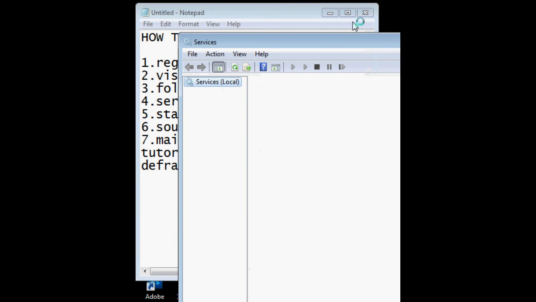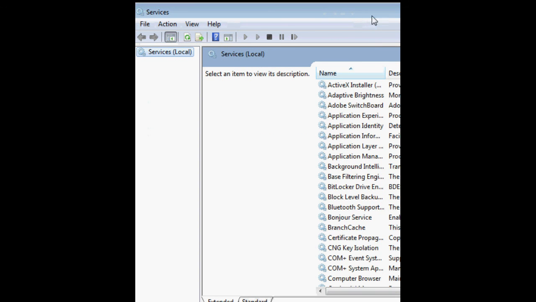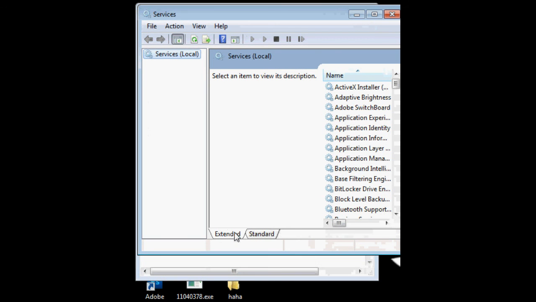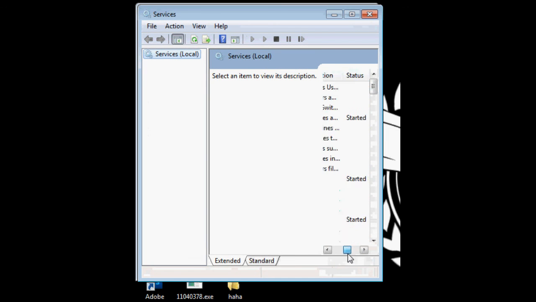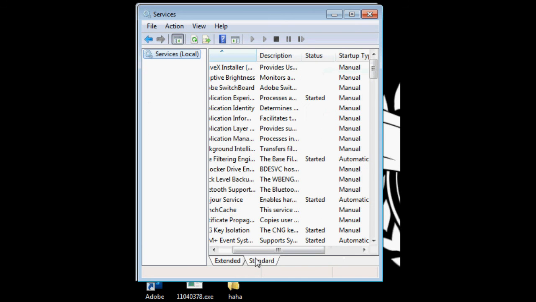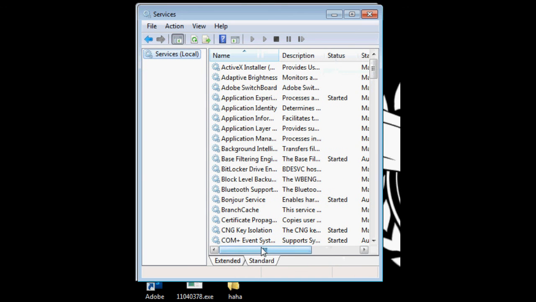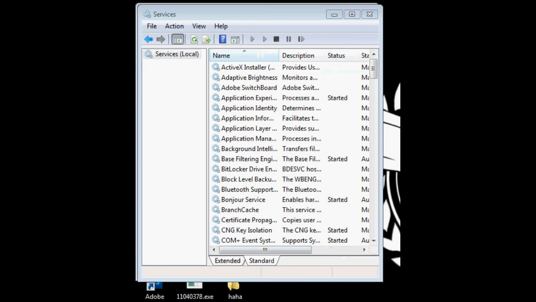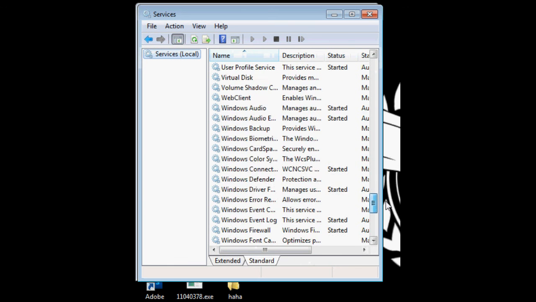Here it is. So this is what it looks like. So you could manually disable the services that are not needed.